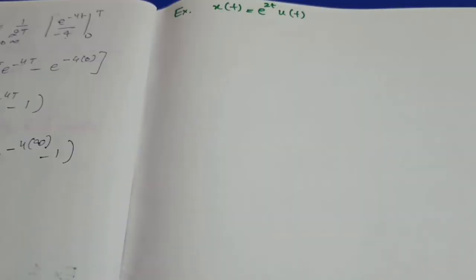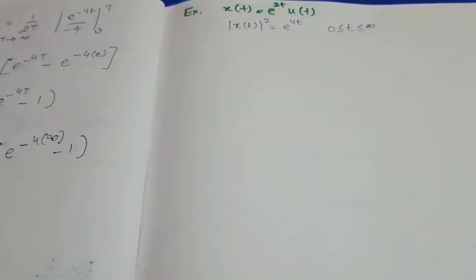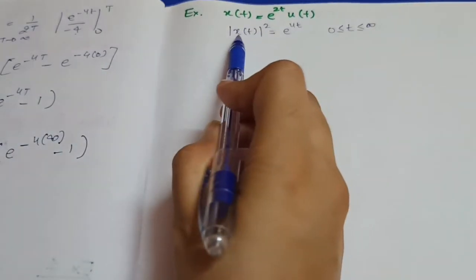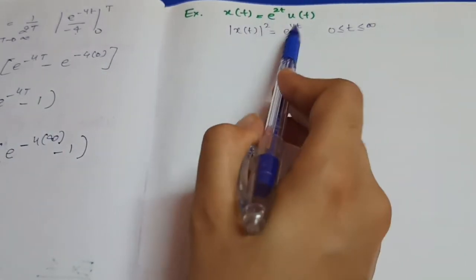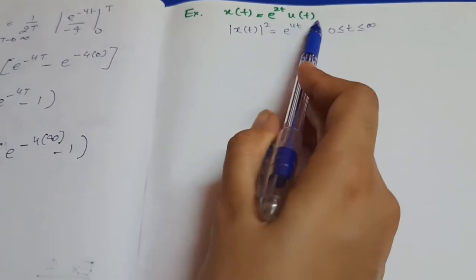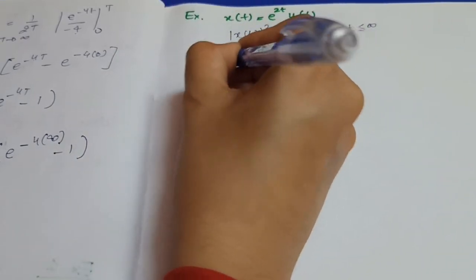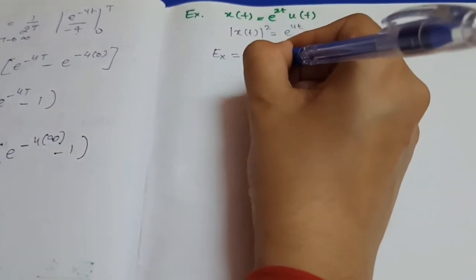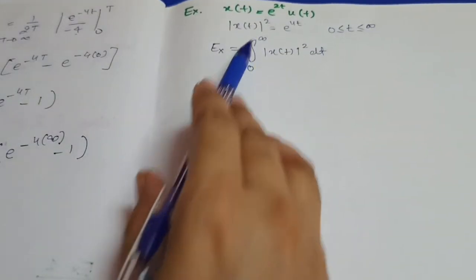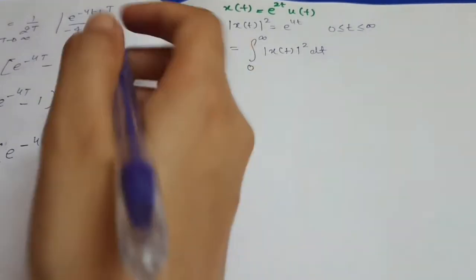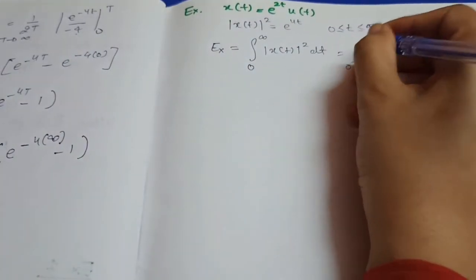So here I am having an increasing exponential signal, which is e raised to the power 2t u(t). So let's calculate the energy of the signal and then the power of the signal. First of all, calculate x(t) square, which comes out to be e raised to the power 4t, and for u(t) I am changing the limits from 0 to infinity. Now let's calculate the energy of the signal, which is the simple integration of the square of the signal, right? So here I have changed the limits for the u(t) signal. Now just substitute the given values